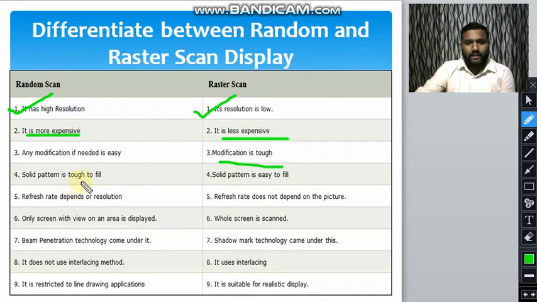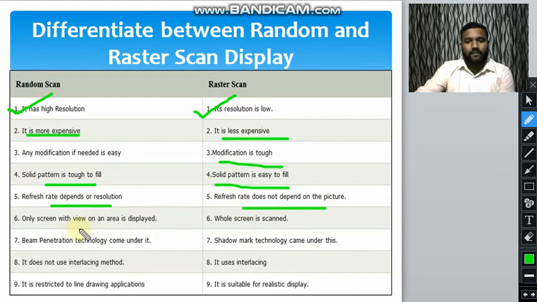A solid pattern is tough to fill in random scan, but it is easy to fill in raster scan. In random scan the refresh rate depends upon the resolution of the picture, while in raster scan the refresh rate does not depend upon the picture.